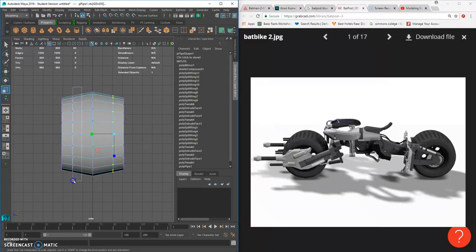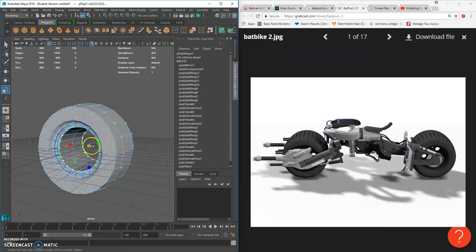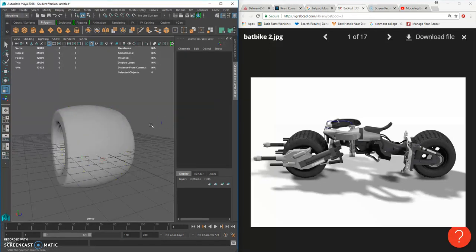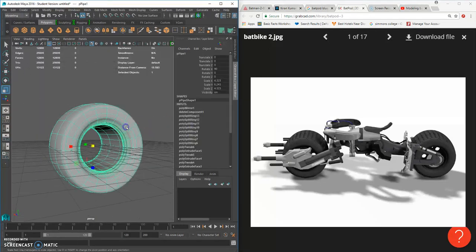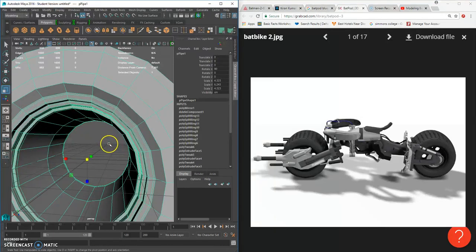I'm just going to highlight these guys here. I'm going to bring them up just a little. Okay, see how I got a better kind of, that looks cool. Alright, I like it. Alright, now what we're going to do is we're going to go ahead and throw a